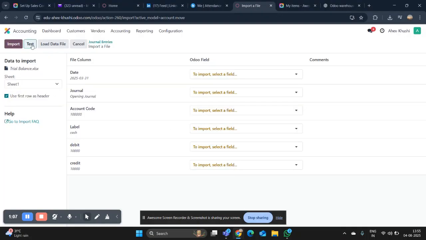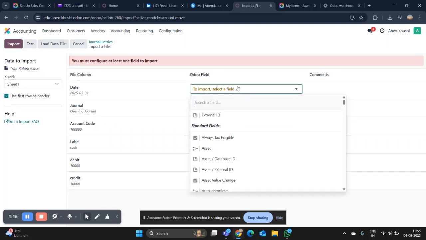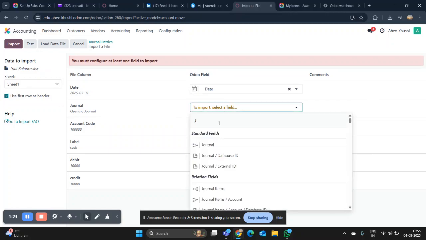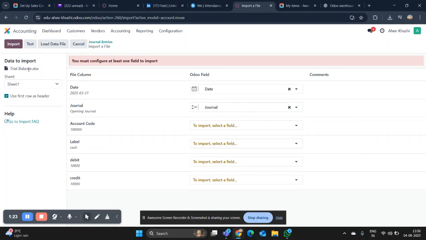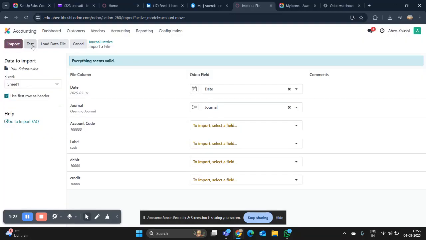Now hit on the test button. As soon as you hit on the test button, you will see a warning that you must configure at least one field to import. So select at least one field. Let's say I'm selecting the date field and the journal field. Now again hit on the test button, and as soon as you hit on the test button you will see